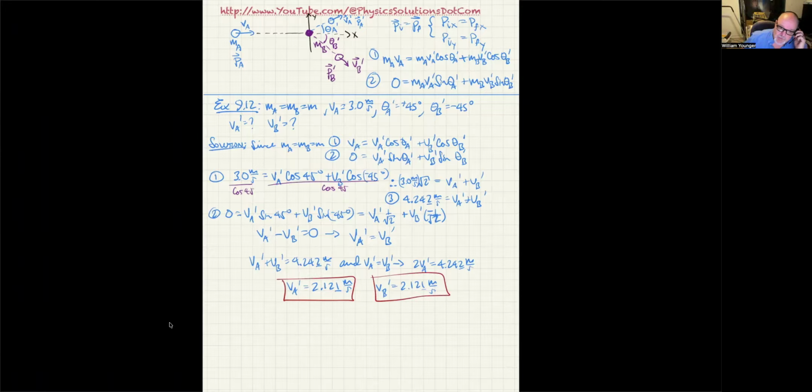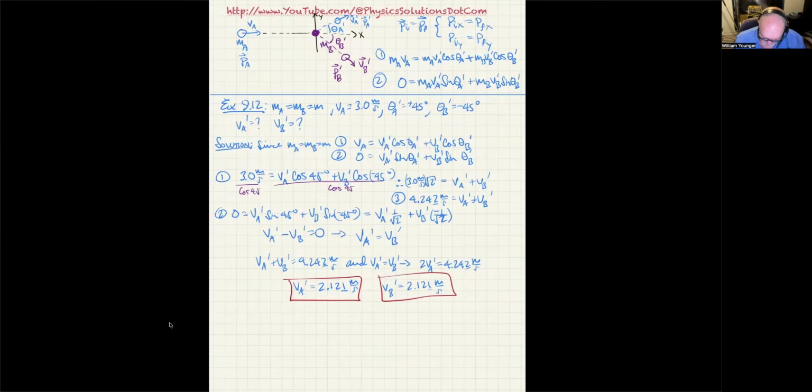And that's it. We get the exact same answer for both of them, and that is the right answer that the book had as well. And we still got 20 minutes left, which is good because that's the part I need to show you next. So let's go on to example 913. And in this case, we are going to include conservation of kinetic energy because it's going to be an elastic collision. And I'm going to show you how to work with that. And we do need more or less the whole page.